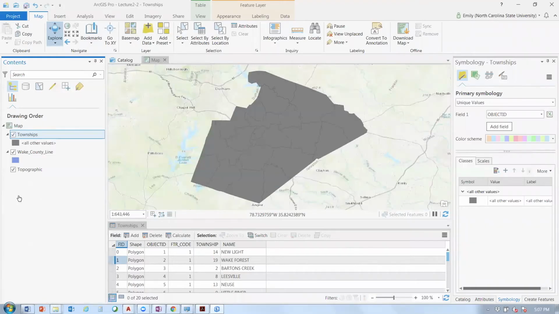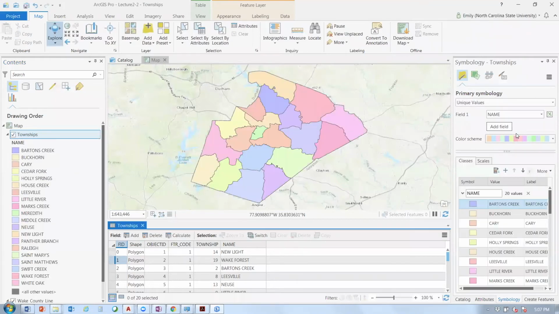All right, let's go back to Symbology. So now we are in the Symbology of the townships, and we have this primary Symbology that is under the category unique value. So what we want to do is, for each field, here you select a column in the township attribute table. Let's just go to township name. And so for each different name township, it's going to have a different color, and it will default to a color scheme,